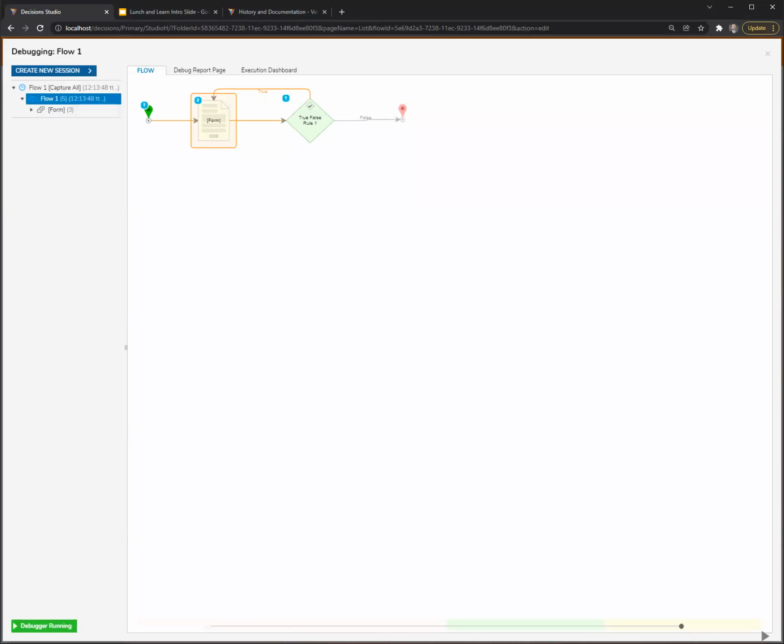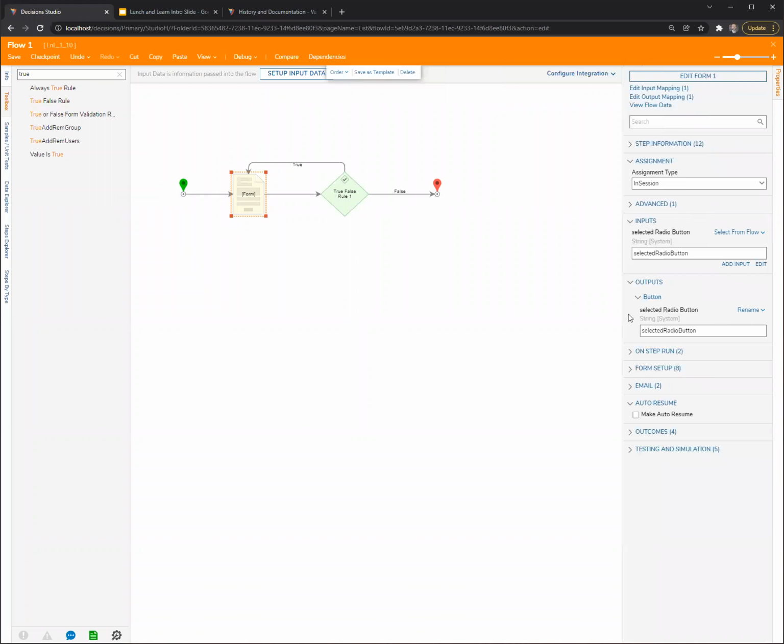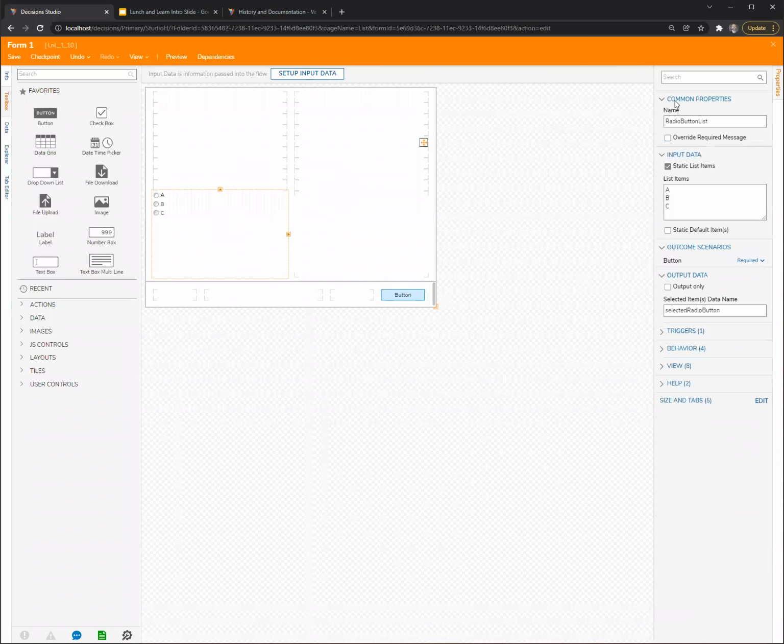So I think, without being able to have a conversation with our user who's asking this question, Jay Kavya, that this is the answer to their question, which is I can take the output of my form and map it to the input of my form, if I have a circular diagram, if I have some sort of circular behavior in my flow, if the downstream steps circle back in some way to the form. And I did this by setting up a radio button list whose type is static. I don't have static default items selected. I'm using, this might be in a place where the user is confused. I'm using,